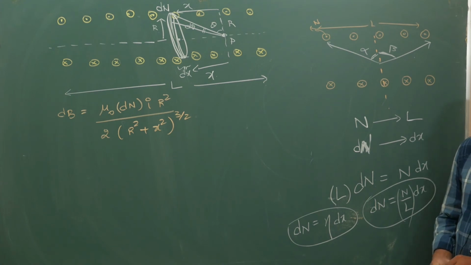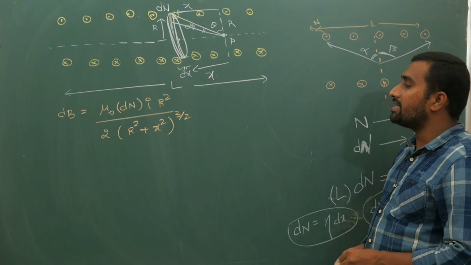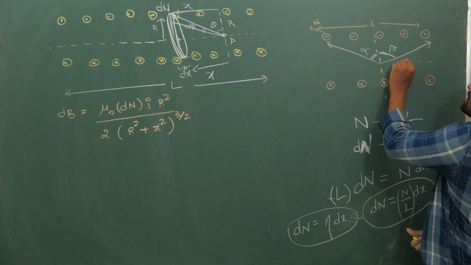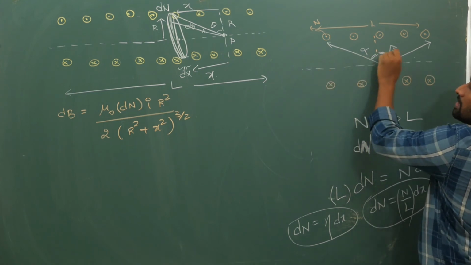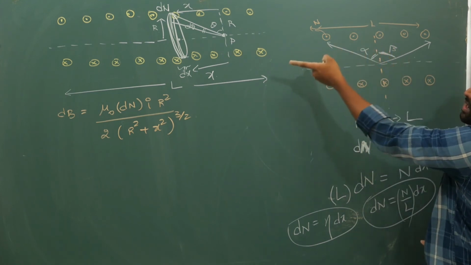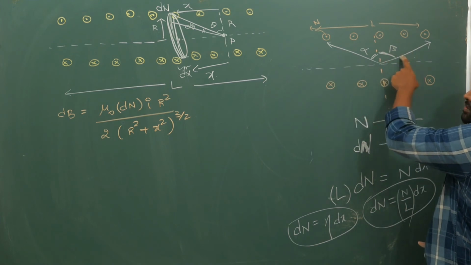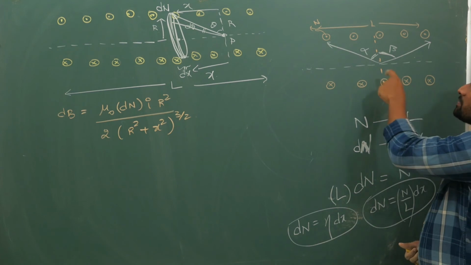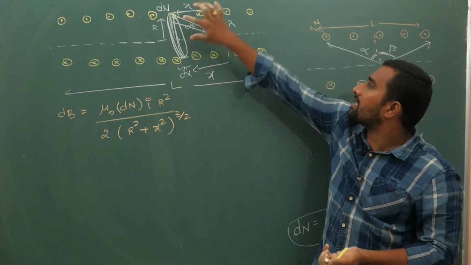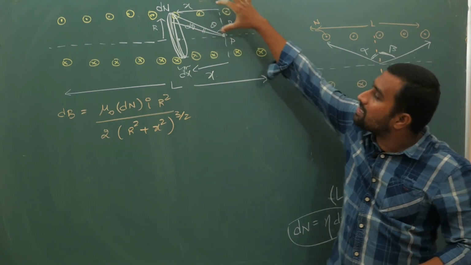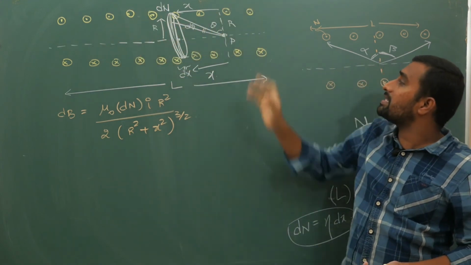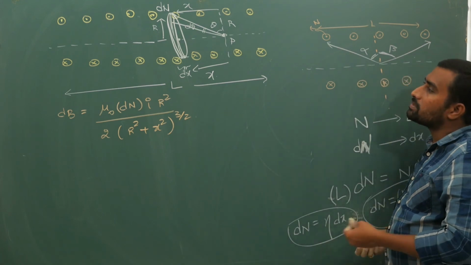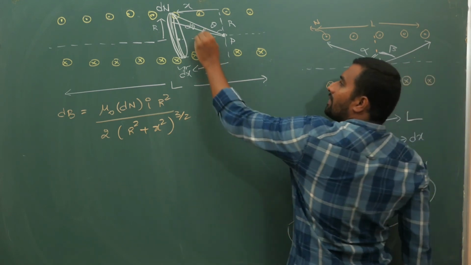Now we need to integrate this in terms of theta, because your expression is in terms of alpha and beta. If theta is equal to alpha, it will be at the left end. If theta is equal to minus beta, it should not be plus alpha, it should be minus beta, because if theta is 0 here, it comes to the middle. If theta is plus alpha, it goes to the left hand. If theta is minus beta, it goes to the right hand. Now we will substitute in terms of these standard values.